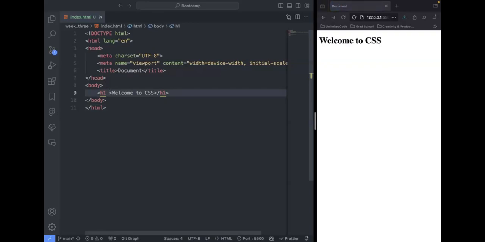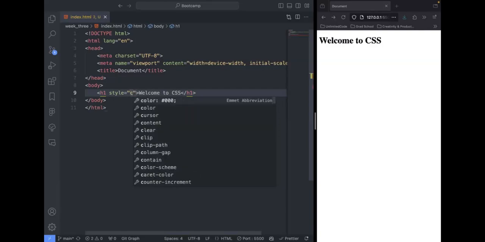So what you do is there is an attribute called style. Every HTML element has an attribute called style. So you embed your CSS rules using the style attribute of that particular HTML element, in this case, our H1 element. So if I do style equals, you can see it brings double quotes. Inside the quote, now I can write the rule that I want to apply to the H1 element. So for example, there is a rule known as color,